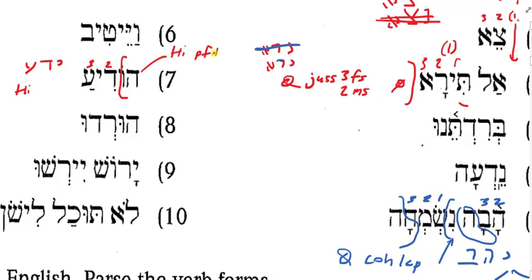4. Hifil perfect, imperative, and both infinitives, construct and absolute. Now, here's the thing about 1 vav verbs. It's holem all the way through. So I used to be able to tell the difference between the hifil perfect and the other hifils by the I vowel with the hey compared to the A vowels. But in 1 vavs, I get holem vav all the time, so I can't use that.